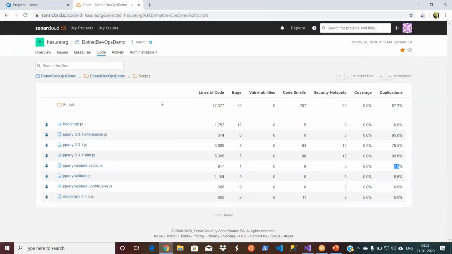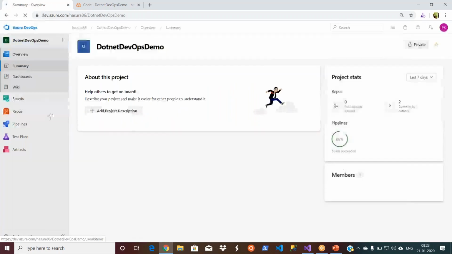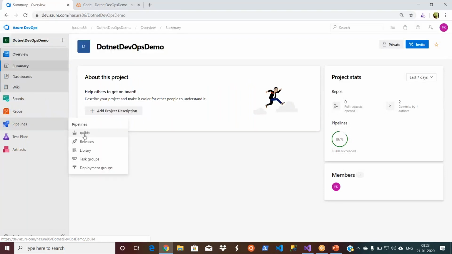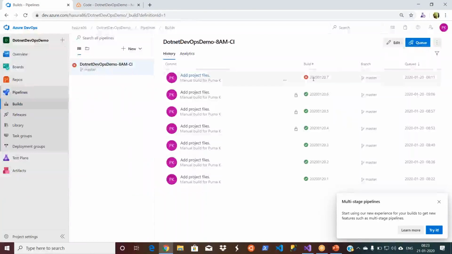So let's go to our build pipeline. We have these projects, and this is our project, .NET DevOps demo. Then go to builds. It failed yesterday, so let's go and edit it.